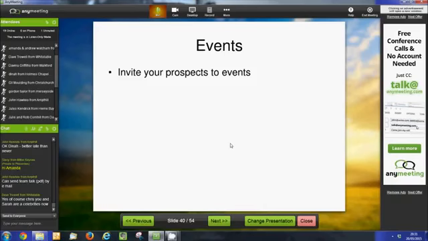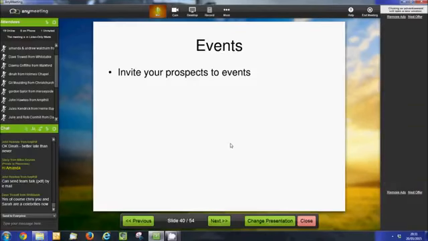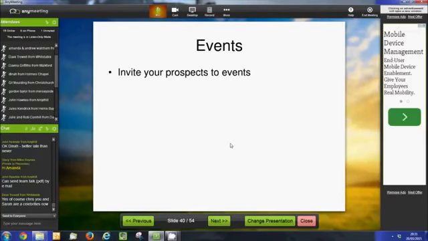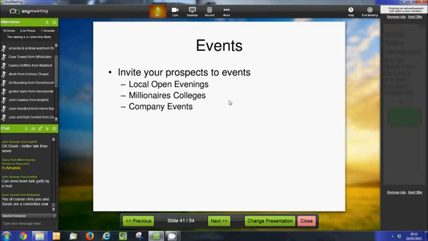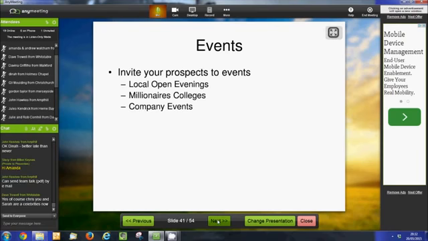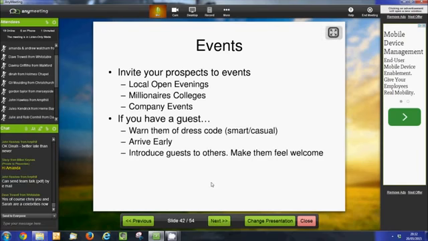They'll see an opportunity presentation, maybe a testimonial, an example of the training. You can introduce them to other people in the business, and there's a great buzz around the opportunity meeting. So inviting them to a local event will make a big difference for new starters. There's also national events or regional events like the Millionaires Colleges and the big company events, and they're all welcome guests as well. So you can invite somebody if they're local to that.